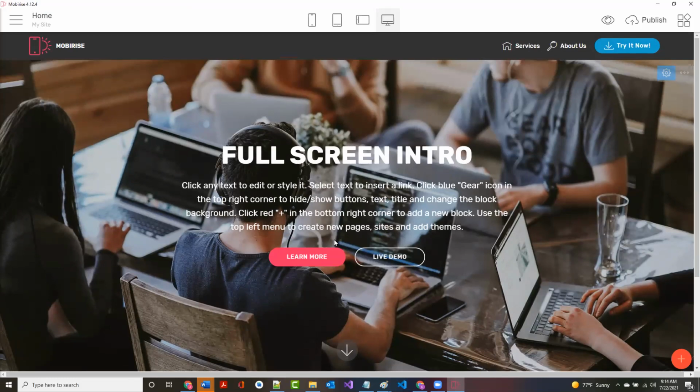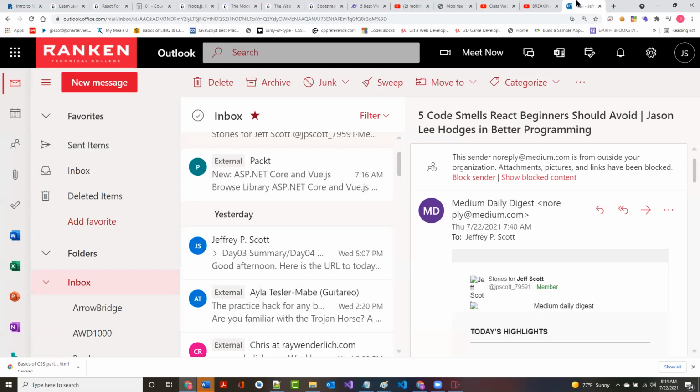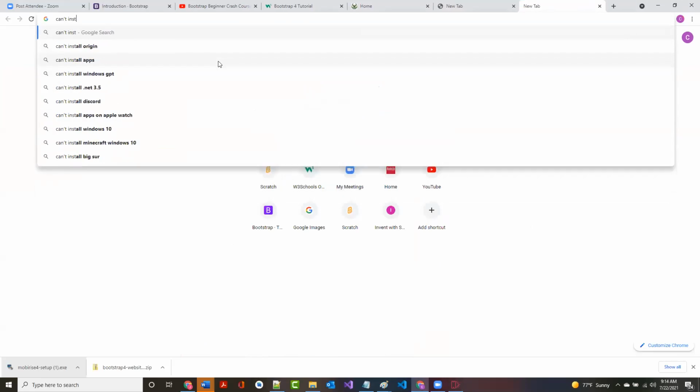But my question for you right now is, is there anyone who just tried to install this and it didn't work? It didn't work for me. Okay, what happened when you did it? My computer says that it's not a Microsoft verified app. All right. Are you the one who's using the Chromebook? No. No. I'm using a Windows. Okay. Well, I haven't heard of that one. Let's see. So I'm going to come in here, and I'm going to try to Google it.